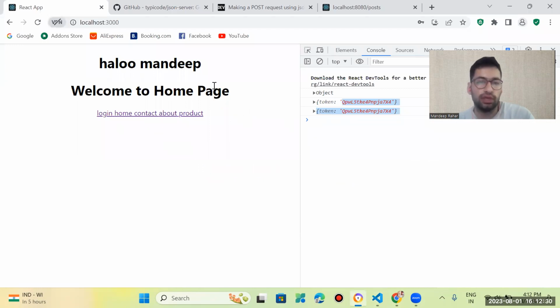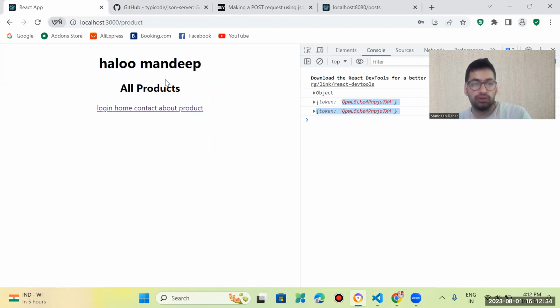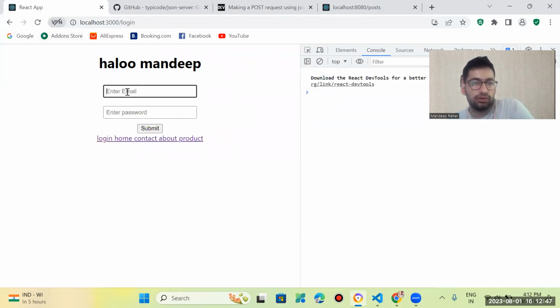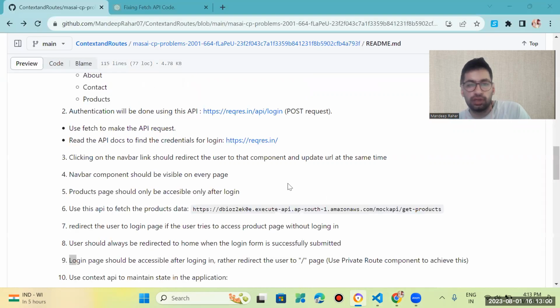So you can see we are on the home page, and we can also access our product page because our login is successful. If I go to login, because our login is successful, it directly redirects to the home page. If I refresh it again and go to the product page, it does not work because it redirects me to the login page, because login is now unsuccessful. If you are going to log in again,